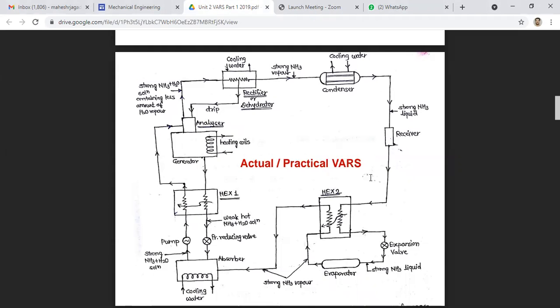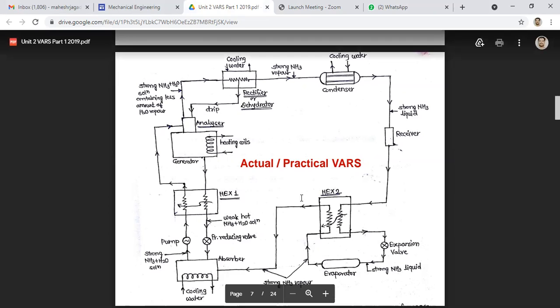The simple vapor absorption system designed for continuous operation, as we have discussed previously, is not economical unless its performance is improved. So some kind of improvement we need to do. So in order to make the system more practical, it is fitted with an analyzer, rectifier, and two